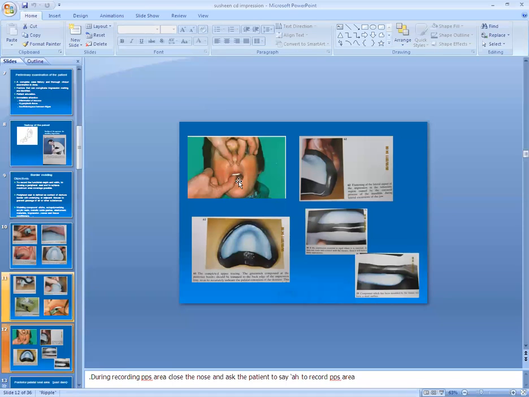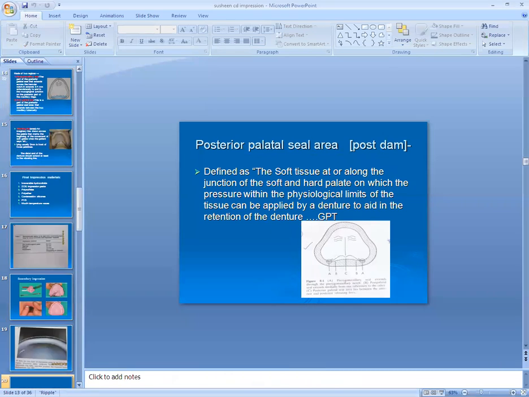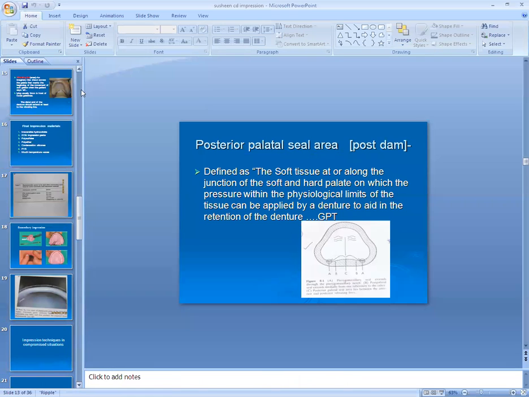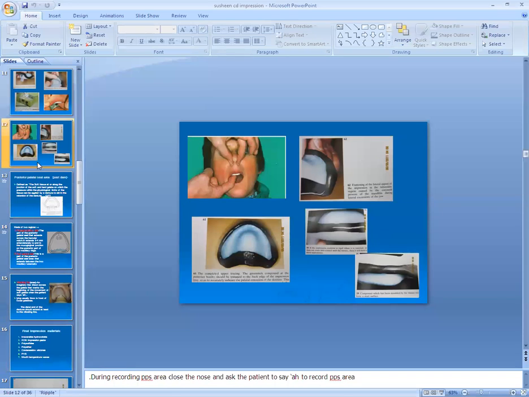Okay, and for the posterior palatal seal area, what movement do we have to do? First, we have to temper the material and place it over the posterior palatal seal area. Always remember that for recording the posterior palatal area, the head position should be 30 degrees downward.